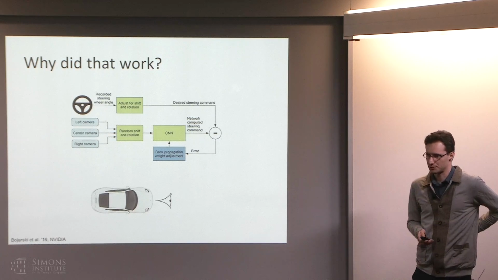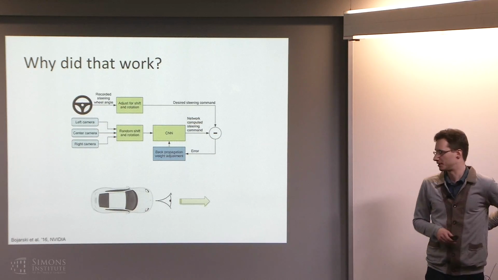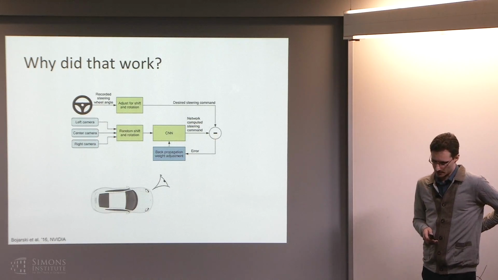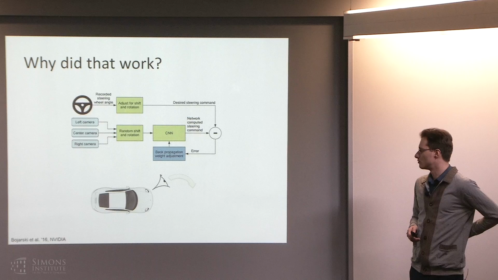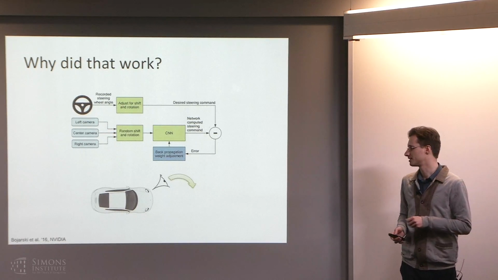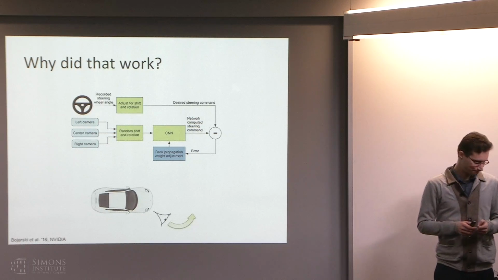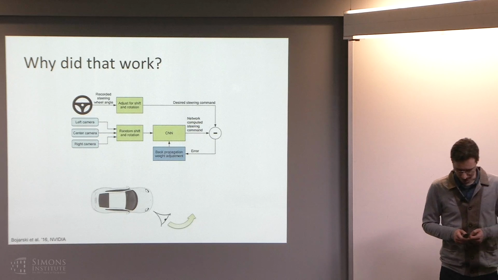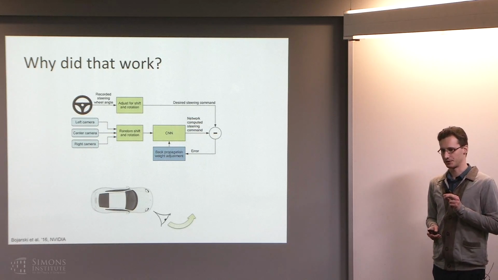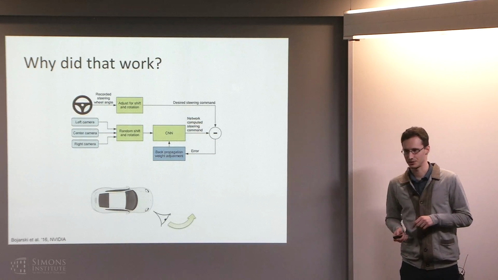They have a camera that faces forward, and they record the images from that camera and label it with the steering command that the human actually executed. Then they have a camera that faces a little bit to the left, and they label the images coming from that camera with the steering command that the human executed, plus a small offset to the right. They have a camera that faces to the right, and they label it with a steering command that has a small offset to the left. So now, when their policy makes that little mistake, it doesn't find itself in a state that it's never seen before. It actually finds itself in a state that's somewhat representative of the situations that it saw from these sideways-facing cameras.